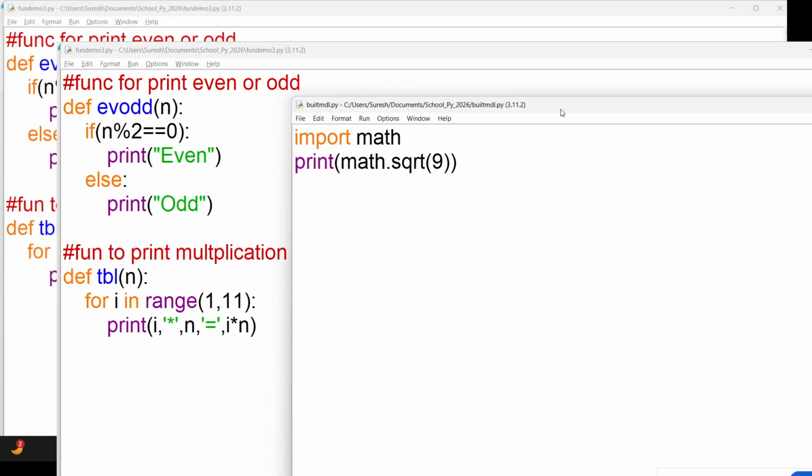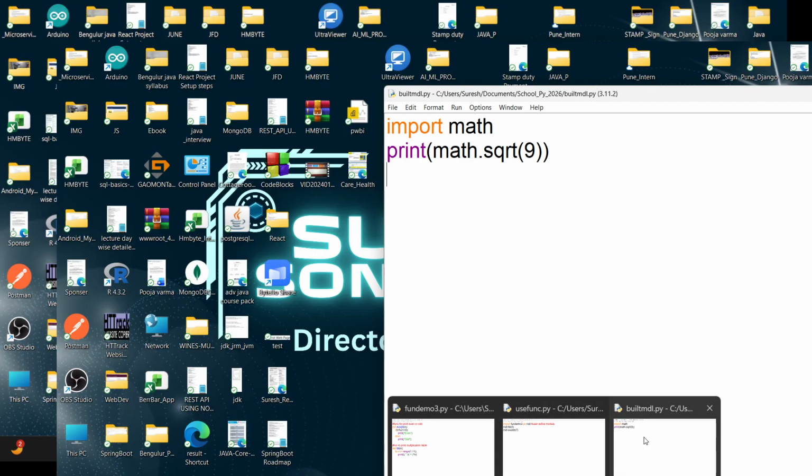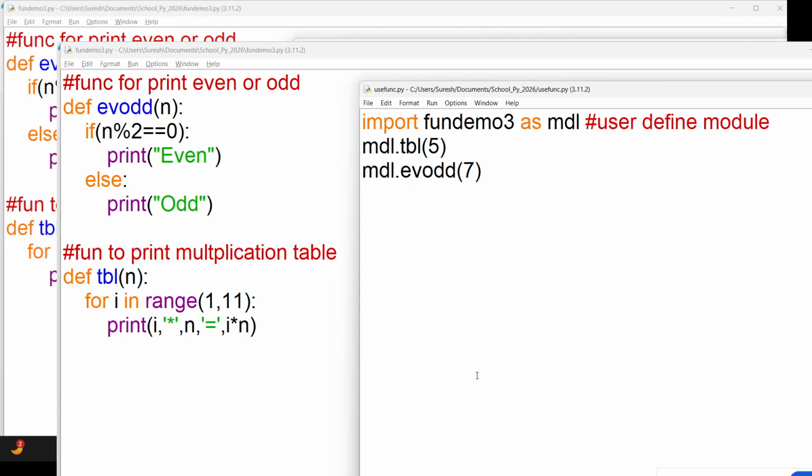It means that at least in your mind, it must be very clear that here, this is a file which is created by ourselves, user defined module. And this file contains two functions, even odd and the tbl. So that's why it is using two functions.